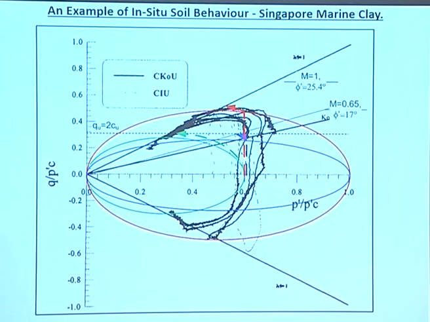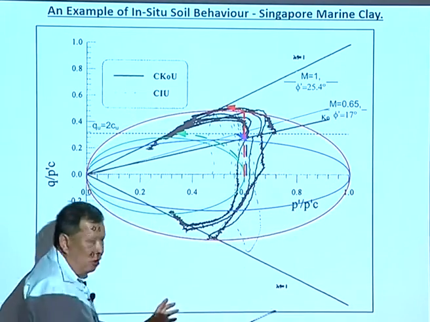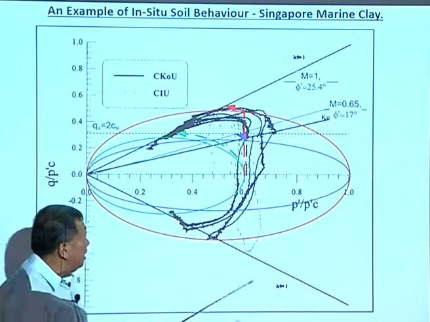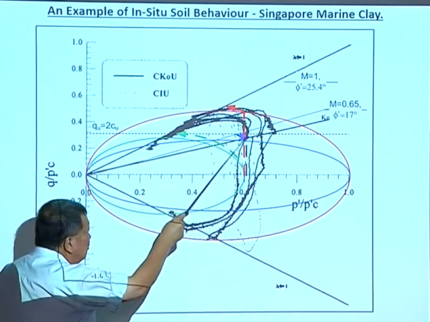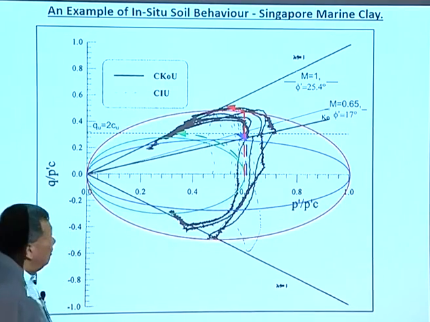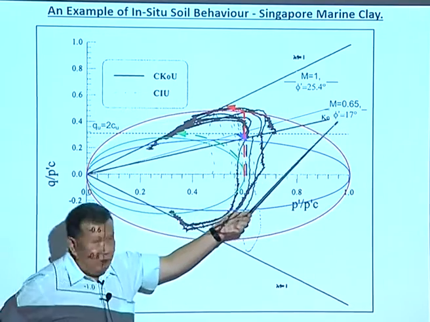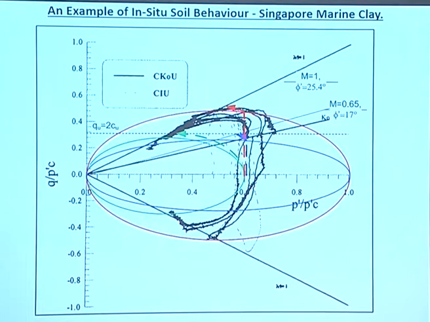Okay? Now, supposing instead of using the red line, you have sampled the soil properly, you know that the P0 prime is here. And you say, I want to tune it so that I can get this point. Well, one way to do it is you tune it so that your stress path comes to here. Now, how do you do that? One way to do that is to specify a lower angle of friction, which is a reduced angle of friction. So you can also use a reduced angle of friction for chem clay. In fact, it was reported by Tom Henderson and Andy Pickles in the